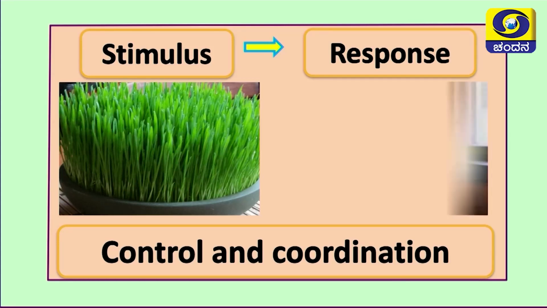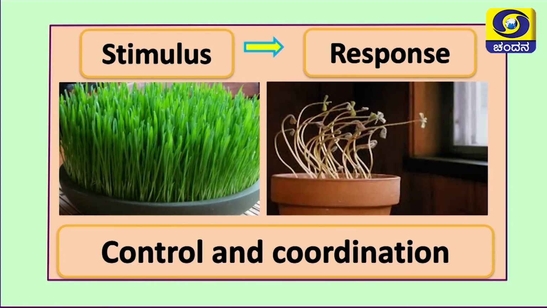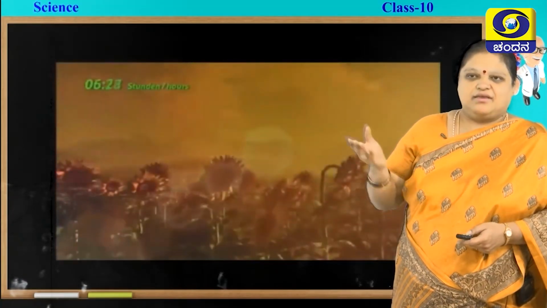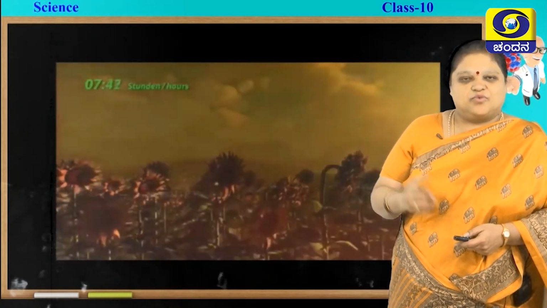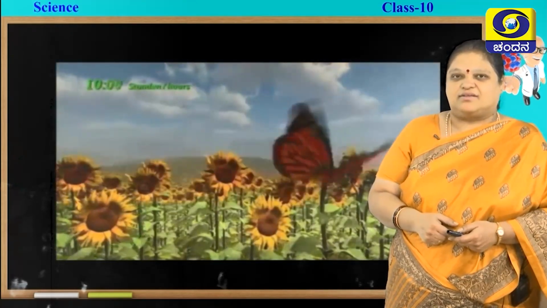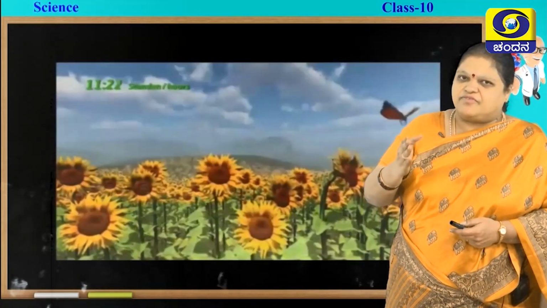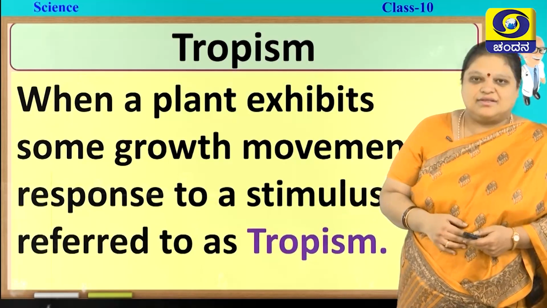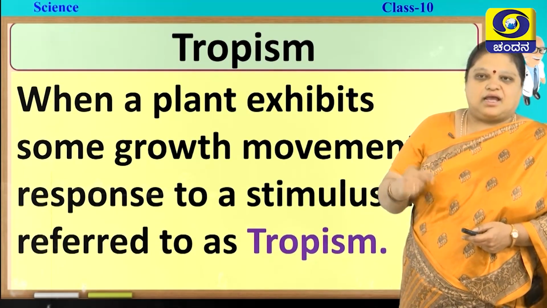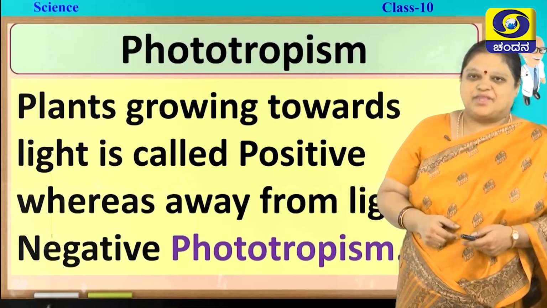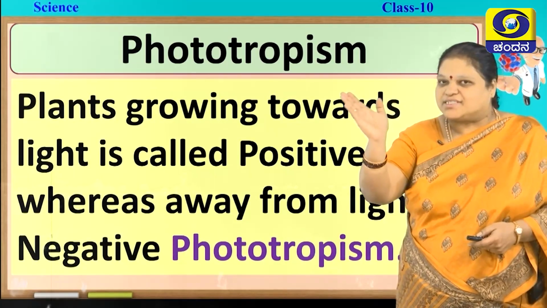And you have grown here some plants. After some days, if you keep it near the source of sunlight, they will slowly bend towards the light. So, all these are responding towards the stimuli. You can see here plants are moving towards the sunlight, that is sunflower plants. So, why do they move like that? For the sake of growth. So, every movement has its own purpose. So, it may be for the purpose of growth. When a plant exhibits some growth movements in response to a stimulus, you call it tropism. I want you to make note of it. Next, you saw the plant is moving towards the light.